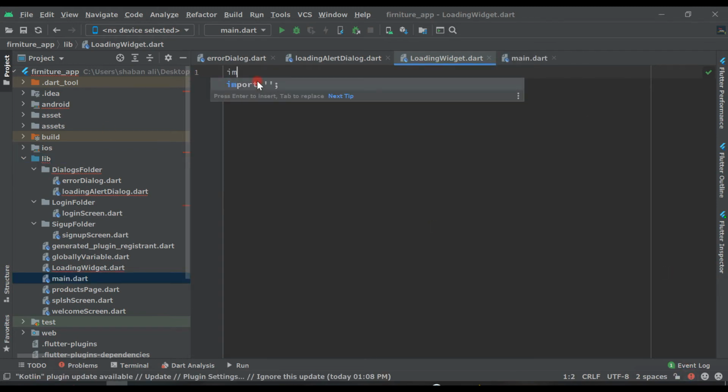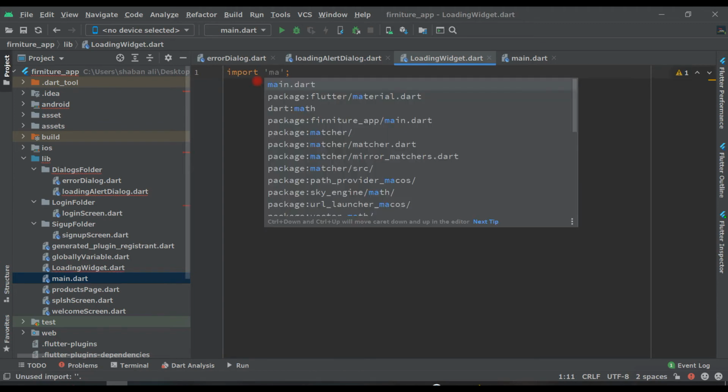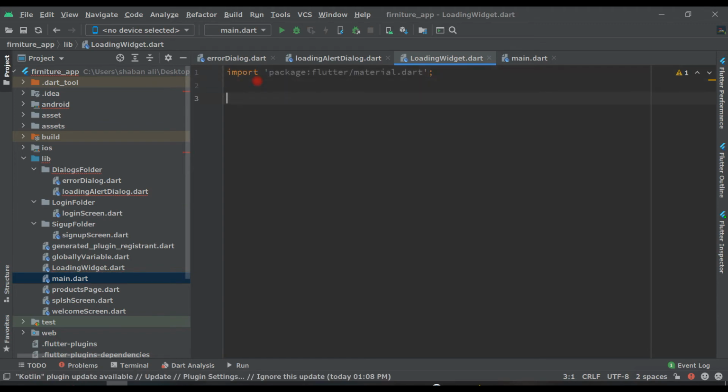First import material.dart, and after this let's create a function, circularProgress, open it, and return a Container.